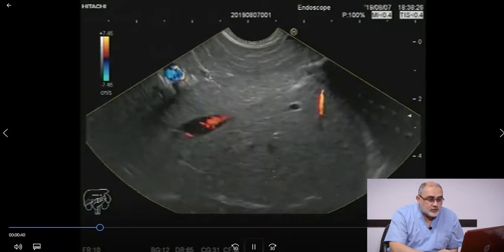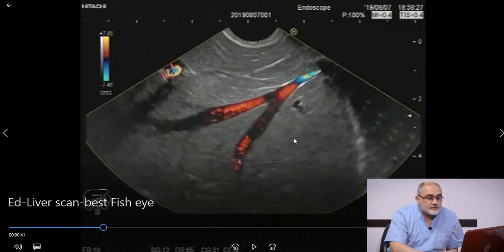When we do counterclockwise rotation, we expect to find the middle hepatic vein. Contrary to the right hepatic vein, the middle hepatic vein usually has the same diameter all over its course inside the liver, and it is a long vein. We can see a very long part of the middle hepatic vein with nearly similar diameter from its insertion inside the inferior vena cava and its beginning part here inside the liver. So it is a homogeneous diameter, and a very long part can be seen